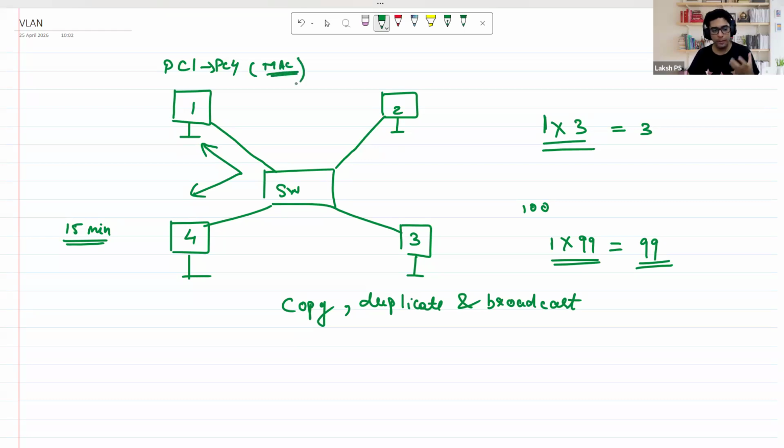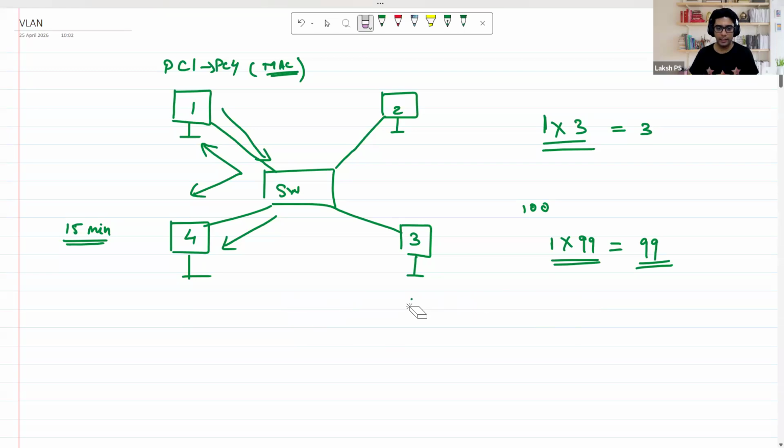The switch used MAC addresses to read the source MAC addresses, to read the destination MAC addresses, and forward the data based on what we learned in the previous few classes. So switch was the first intelligent device where it could send the data based on the MAC address table and the data present in the MAC address table. Right. Then what happened was, as more and more